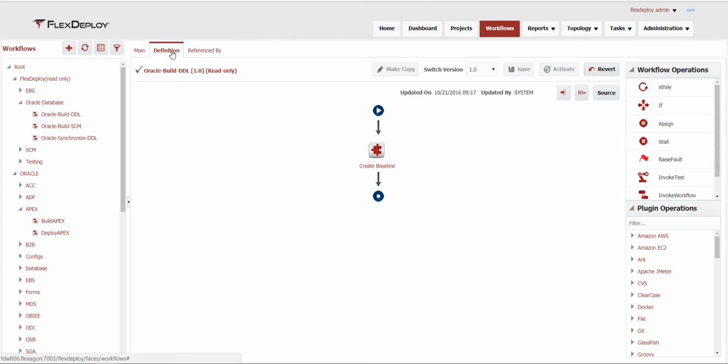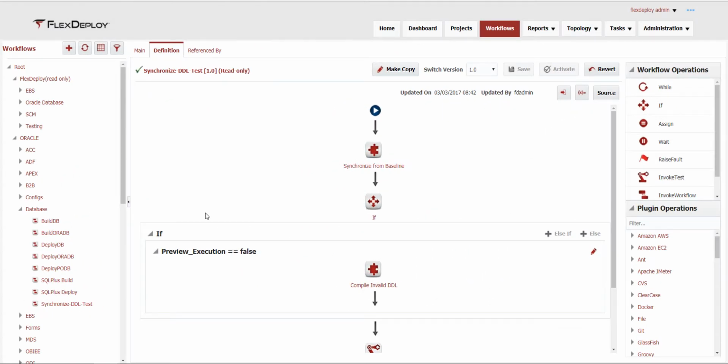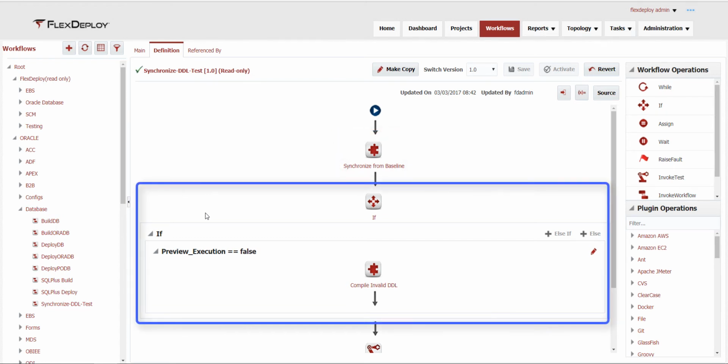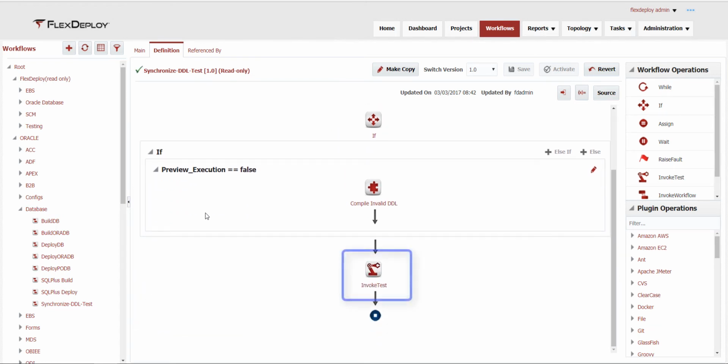As you can see, the build for the database project will create a baseline of the build database to determine what the other environment's databases should look like. In the deploy workflow, this baseline is then used to synchronize the target environment's database, compile invalid DDL, and invoke an automated test. Let's look a little closer at the test step, which ties into FlexDeploy's built-in test automation framework